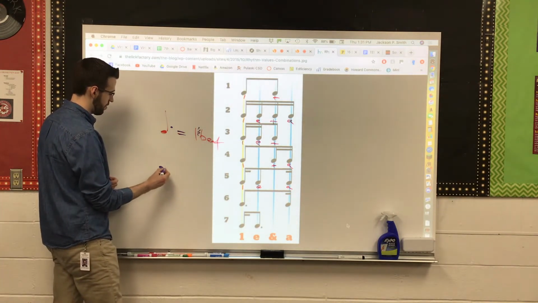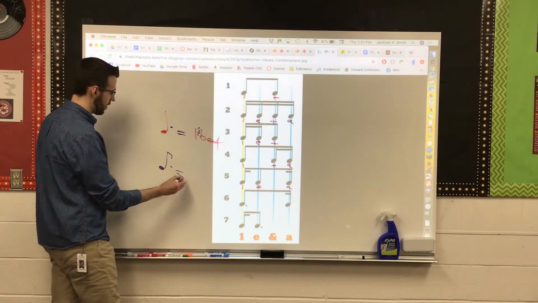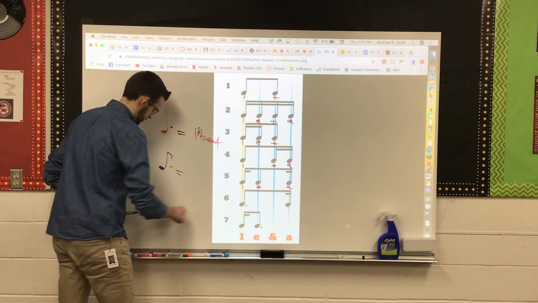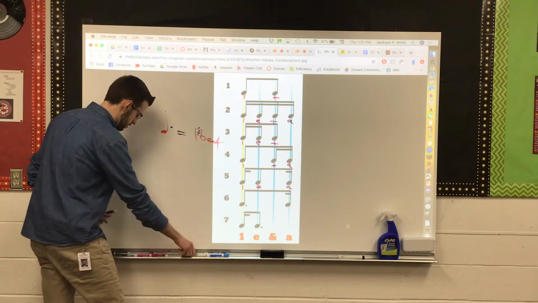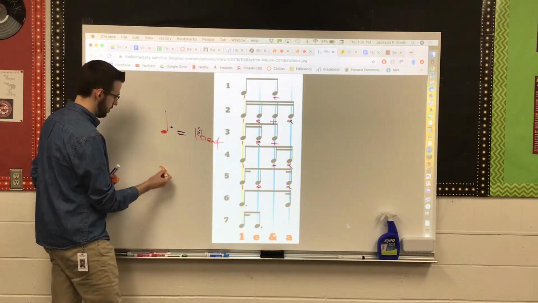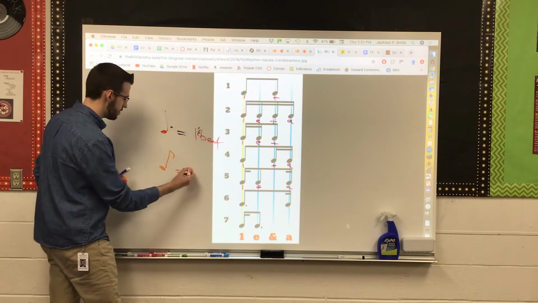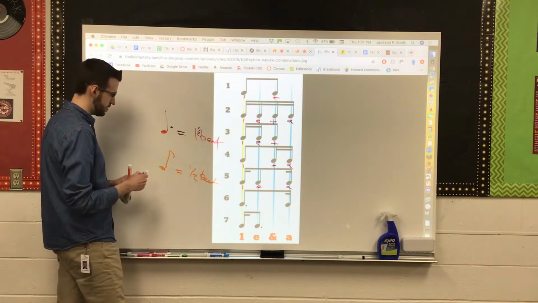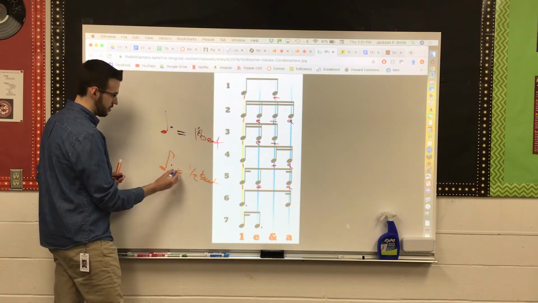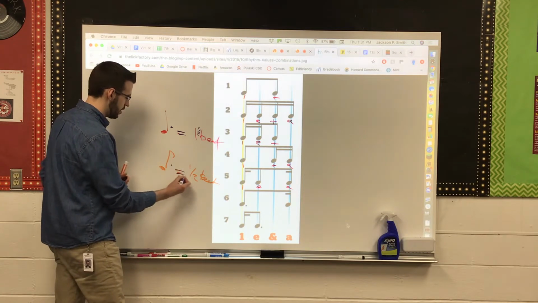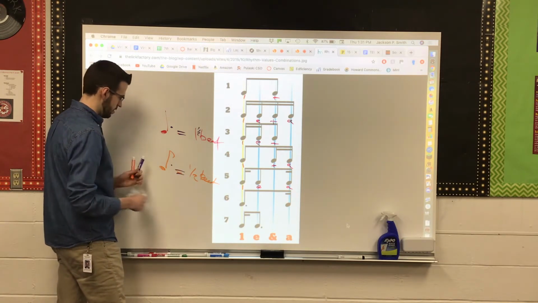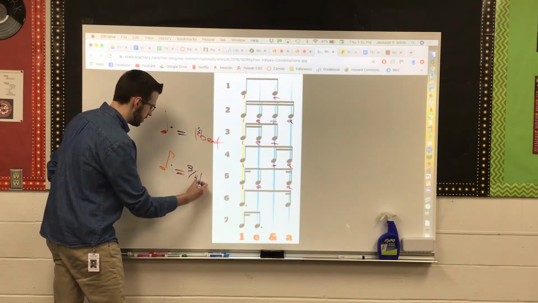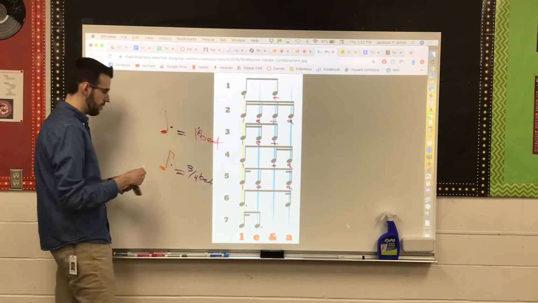So if you have an 8th note with a dot, well, a regular 8th note is a half a beat, and a half of a half is a quarter. So a half plus a quarter is going to equal 3/4 of a beat. So we'll change this. And we don't usually talk about it in terms of quarters of a beat, but here's